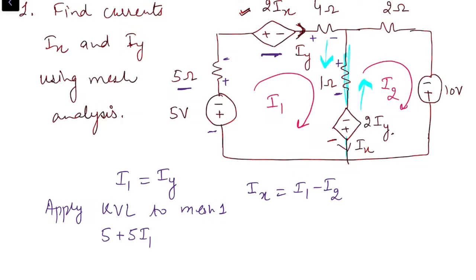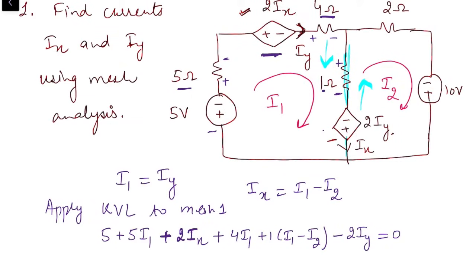Then we have the next source, which is supplying voltage 2Ix. As the positive sign came first, I have written plus 2Ix. Then drop across 4 ohm resistance, plus 4 into I1. Next is the drop across 1 ohm resistance, plus 1 into I1 minus I2. Then we have voltage source 2Iy, and since the negative sign is coming first, minus 2Iy